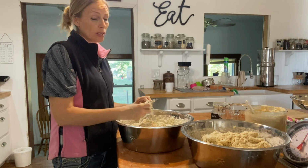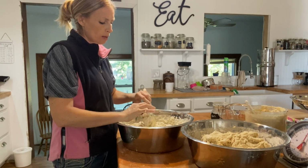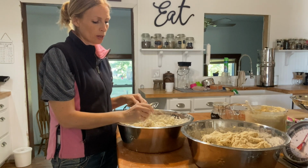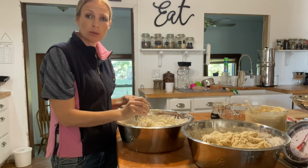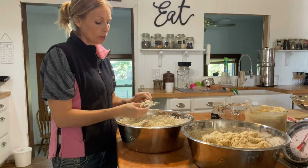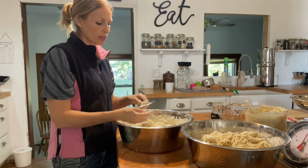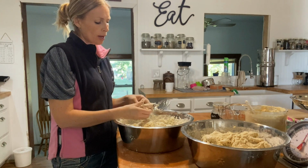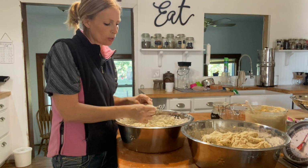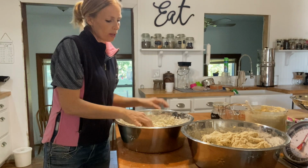So I said that each pan is going to make 5 loaves, and if you are interested, just for labeling purposes, we have to label ingredients and weight of products at the farmer's market. Each loaf will end up weighing about 1 pound in cooked weight. So they are slightly smaller than your typical sourdough loaves, but I also found that